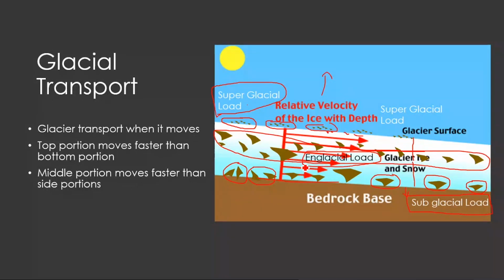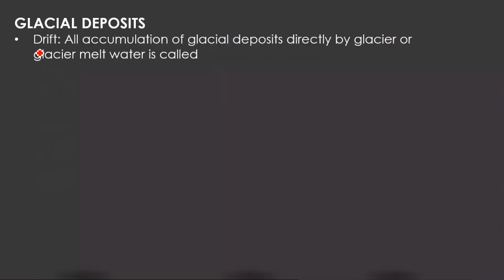So what happens to all these materials transported by the glacier? They will be transported until the glacier reaches one point, then it starts melting. When it melts, the water will leave the glacier and all these materials will start depositing in some portion of the surface of the earth. That process we call the depositional process of the glacier. Any sediment or material which is deposited by the glacier, we call a drift. Any accumulation produced by a glacial deposit is called a drift, and drift is